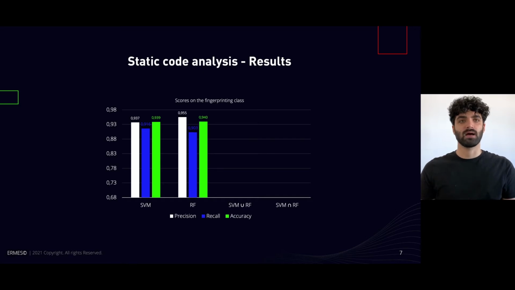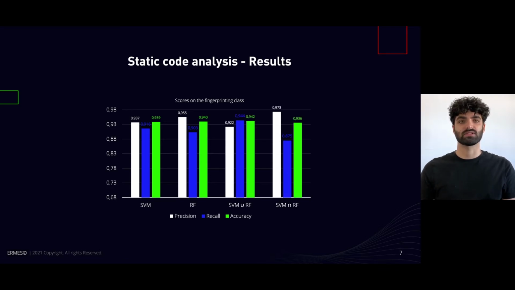So we optimized our classifiers and tuned them using grid search and validated their results using k-fold cross-validation. And as you can see from the figure, both classifiers performed quite well with 94% accuracy for both. We can see that we also combined the results of the fingerprinting class from both classifiers, creating their union and